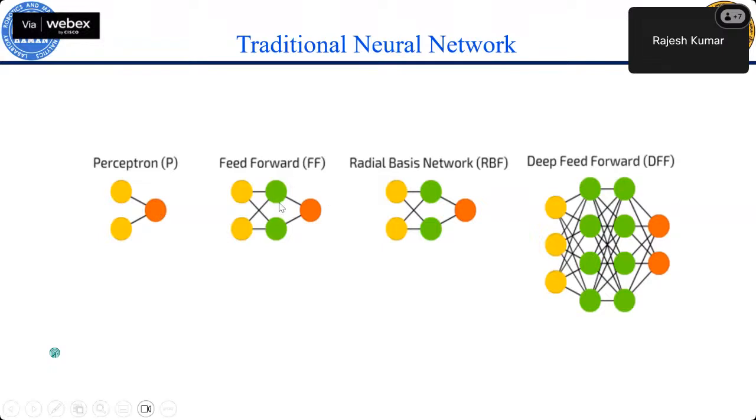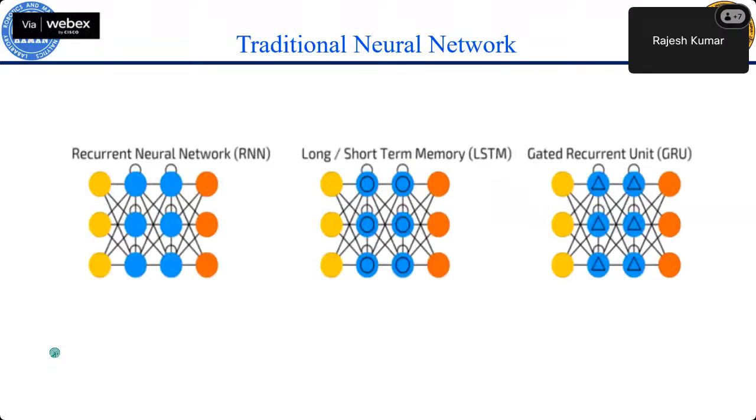And then comes the feed forward network. And then if we add a radial bias here, these are known as radial basis functions, RBF. And then if we increase the layers, we are moving towards a deep feed forward network. If we have some kind of a bypass, some kind of a back movement mechanism, we move towards recurrent neural network. And then if in backward we put a certain kind of gate function, so we put gates, we move towards LSTM,